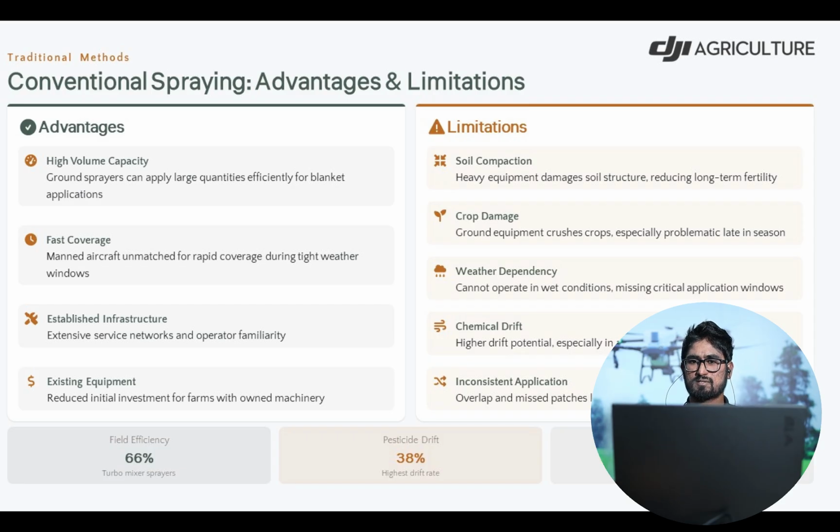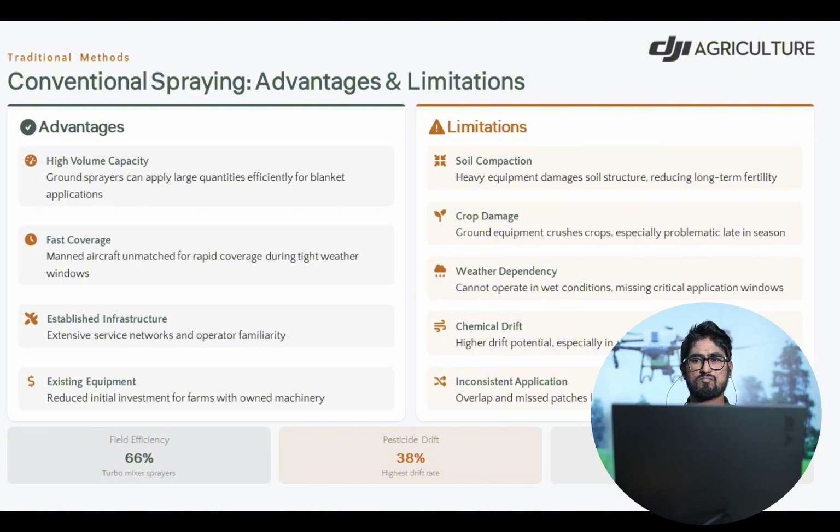And crop damage. Ground equipment crushes crops, and due to that, some yield reductions may happen. And also weather dependency. We cannot operate in wet conditions, like after rain, and we may miss critical application windows. We must apply our chemicals within a proper time period in critical situations.